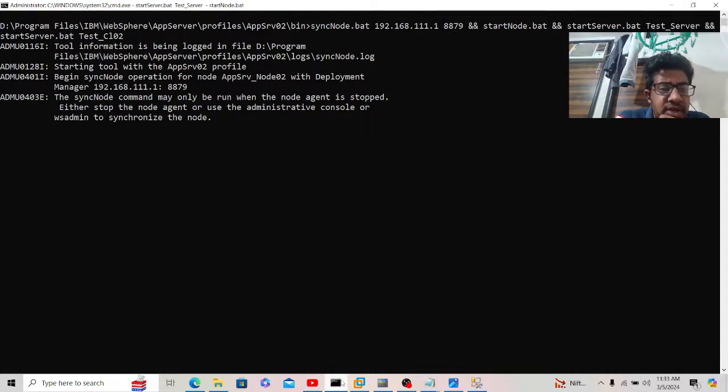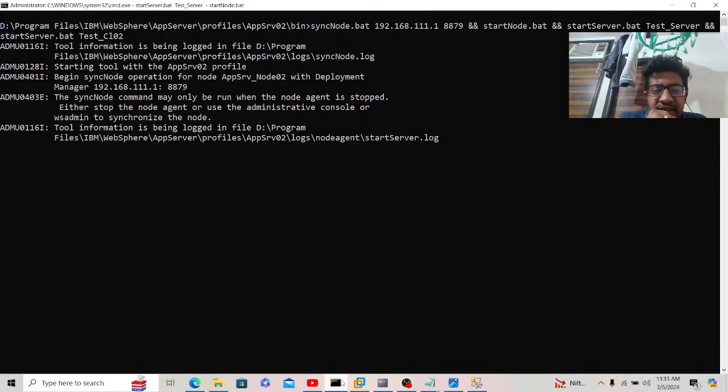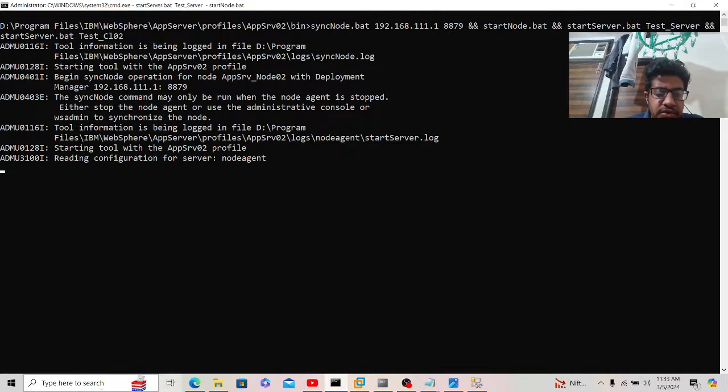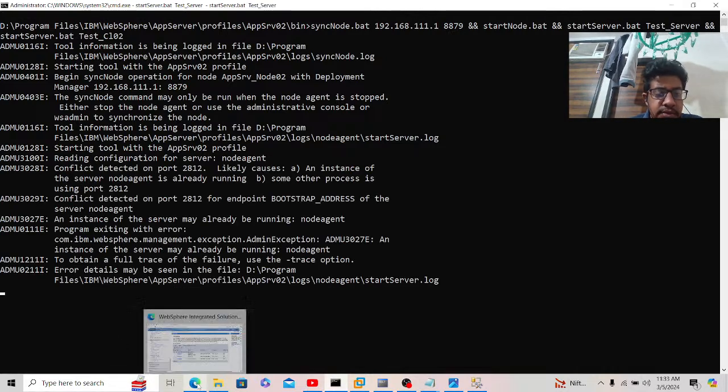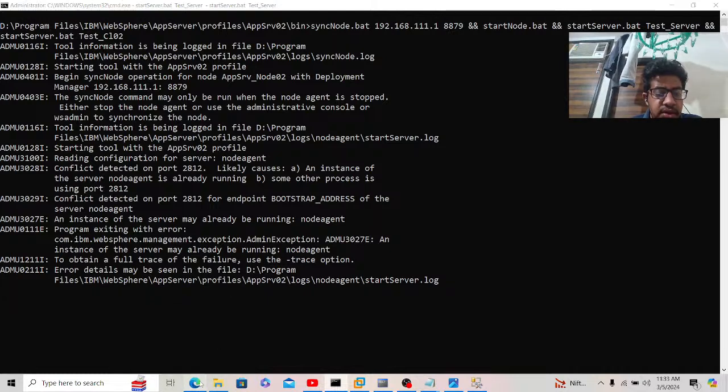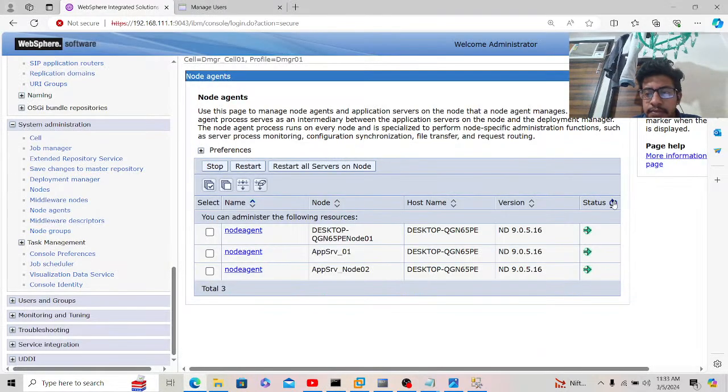Okay, node is not stopped. Okay, one task is running, right? Okay, we will see. Okay, no issues. Already running, it will show in the backend. Okay, so go to